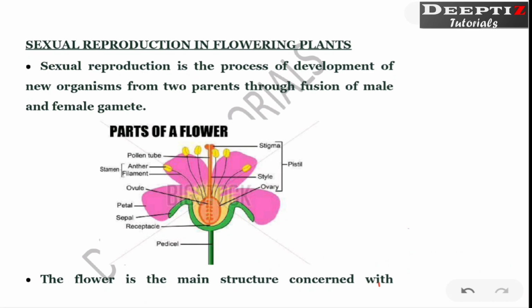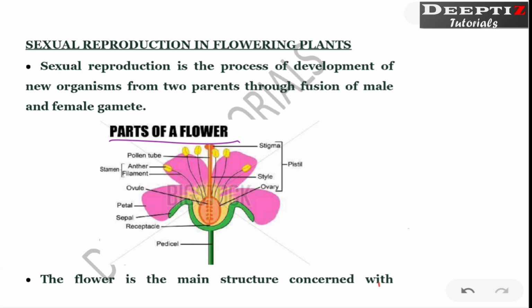So what is actually the reproductive part of a plant? The reproductive part of the plant is nothing but the flower. This is actually the modified shoot or modified stem. Let's see the parts of a flower, then I will tell you why we consider the flower as a modified